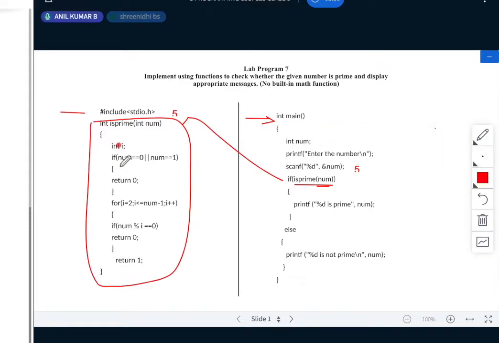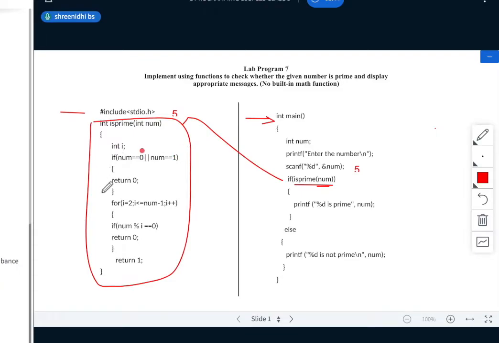The first condition is if num is equal to 0 or num is equal to 1, whether your 5 is equal to 0 or 5 is equal to 1, true or false. I want the reply in the reply tab. Is this condition true or false? My input is 5. 5 is equal to 0 or 5 is equal to 1. Is it true or false? This condition, it's false.